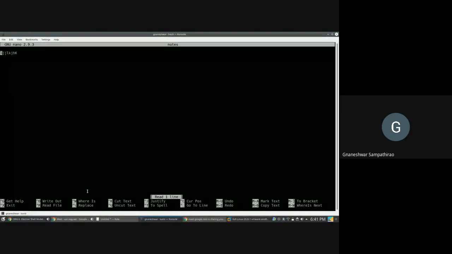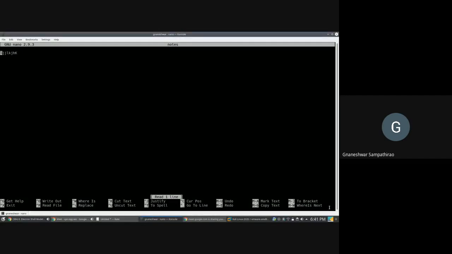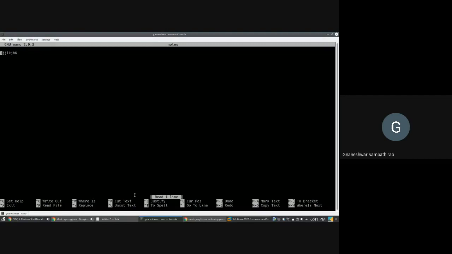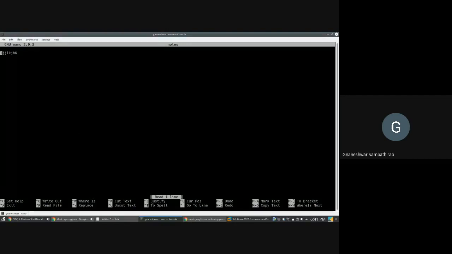And let me tell you one thing. There are some additional options here. You can even use this based on your requirement. This power, when you press Shift 6, you will be actually getting this power thing. But you shouldn't use this here.